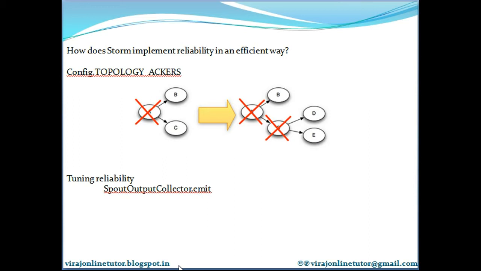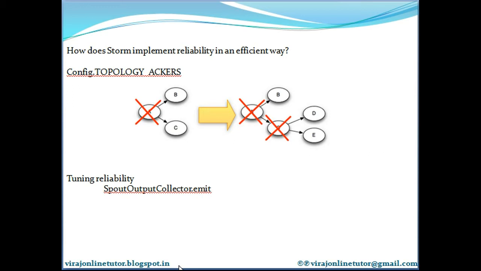The best way to understand Storm's reliability implementation is to look at the life cycle of the tuples and tuple DAGs. When a tuple is created in a topology, whether in a spout or a bolt, it is given a random 64-bit ID. These IDs are used by ackers to track the tuple DAG for every spout tuple. Every tuple knows the IDs of all the spout tuples for which it exists in the tuple trees.